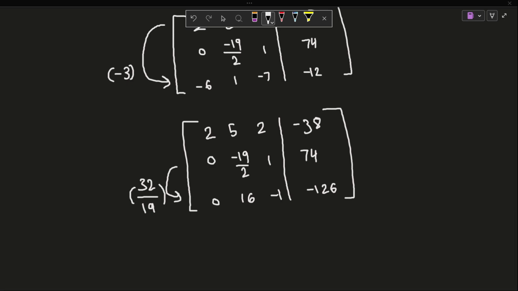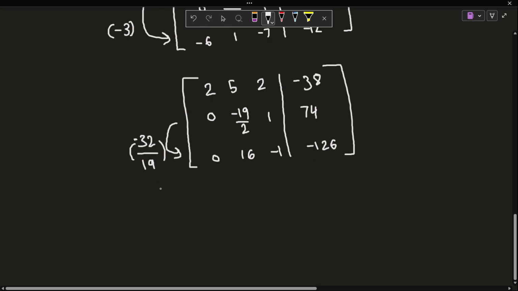Multiply that row and then add it there. I mean, subtract it there, I think. Actually, we'll do minus 32, and then we're just gonna subtract it. Okay? Or you could add it, but I'm just gonna do subtracting because it feels a lot more natural to me. And so that'll give us 252. First row stays the same.